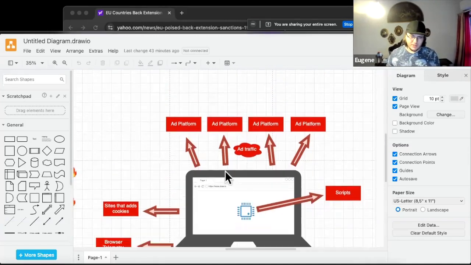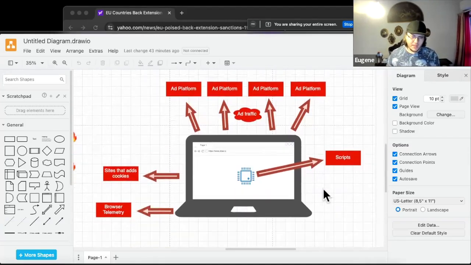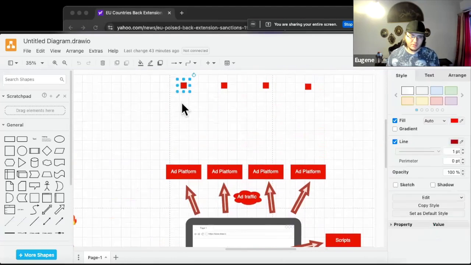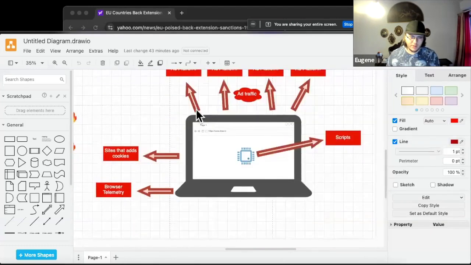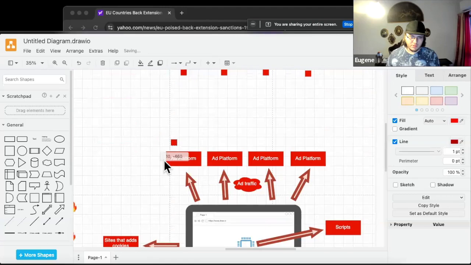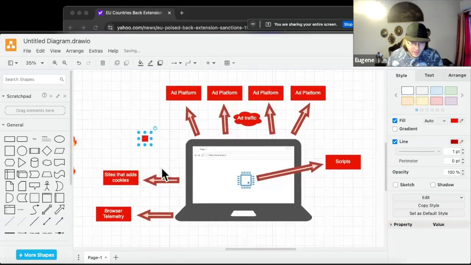So how does it look? There are actually many reasons why your browser can create extra traffic. I will take this red square and show you how the traffic goes. So first thing,